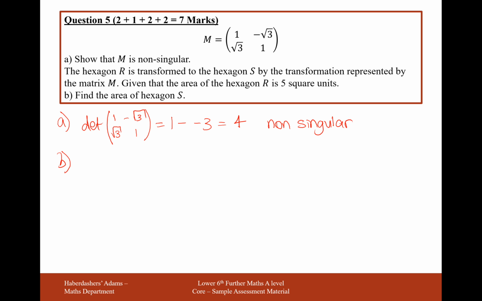Okay, hexagon R is transformed into hexagon S by the transformation represented by matrix M. Given that the area of the hexagon R is 5 units squared, calculate the area of the hexagon S. Well, this is nice and easy. The scale factor